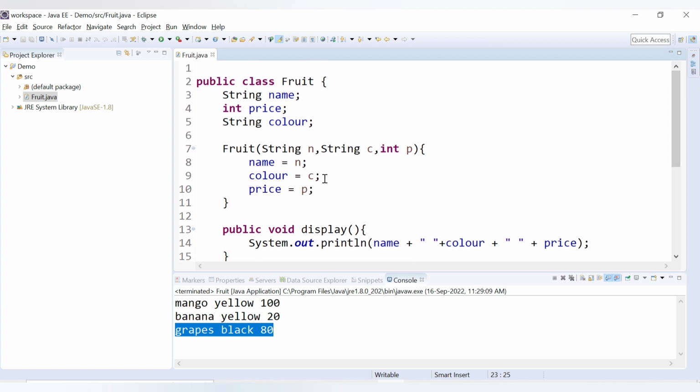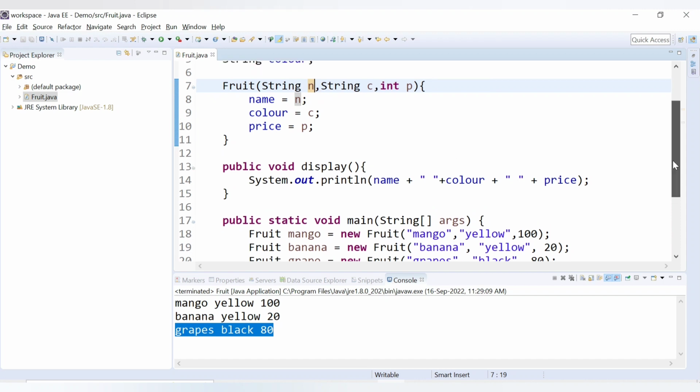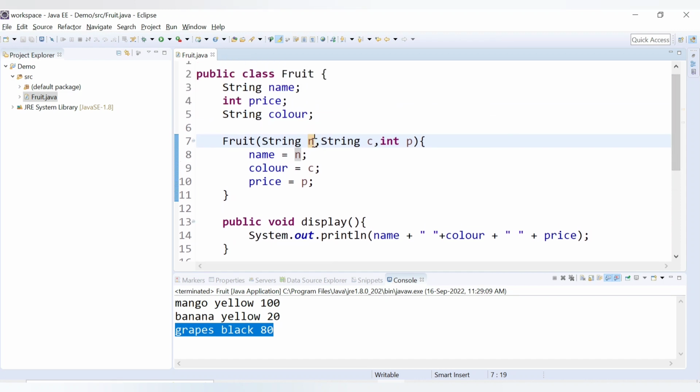So here in the constructor, we are passing three different values, right? Here we are passing the name, then the color, and then the price, and these values are getting stored inside the variables n, c, and p. But it is not a good practice to provide the names of variables in such a way. You need to provide some meaningful names to these variables. So instead of just n, I will say name, and here I will say color, and here price,